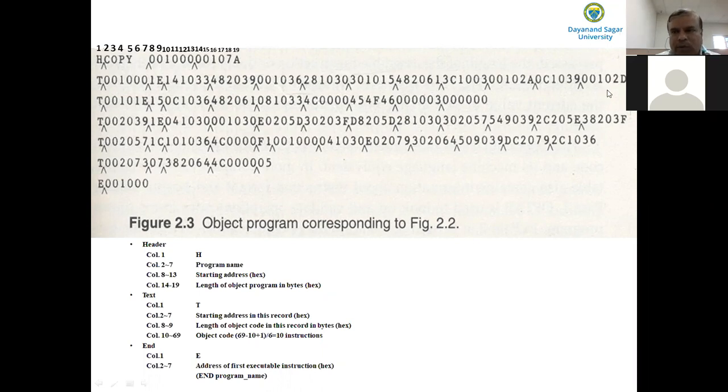Starting from the 11th instruction, they have written the text record on a new line. Again, follow the format: column 1, the letter T, indicates that it is a text record. So what is the next instruction after 00102D? Which is the instruction after 00102D?